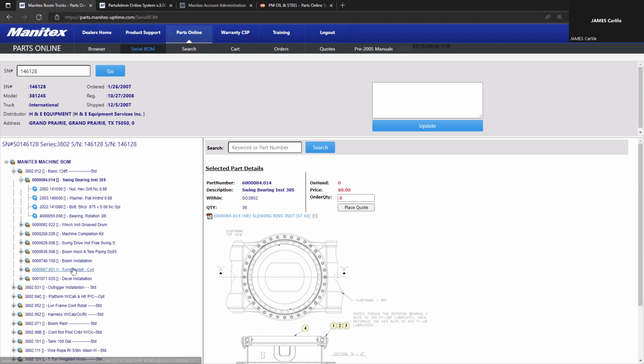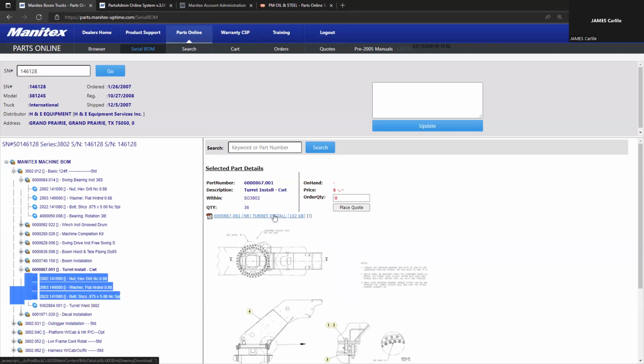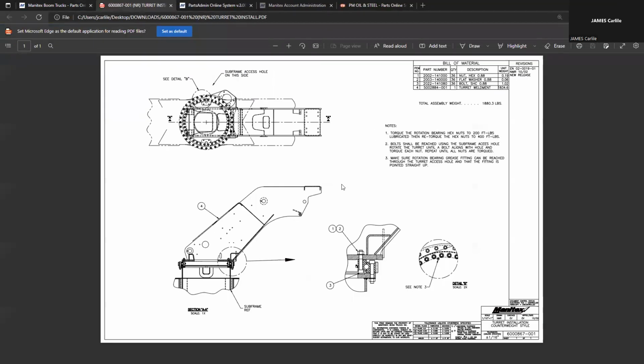That's only the bolts going down. For the bolts coming up, I'm looking at, now I'm installing a turret and I'm installing the hardware to install the turret. So as I open the print, now I'm looking at,